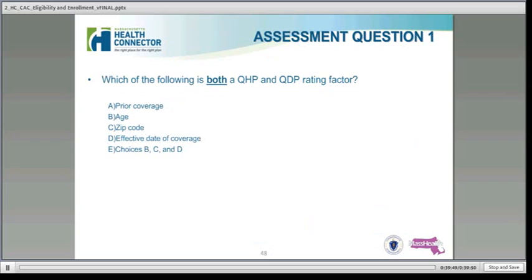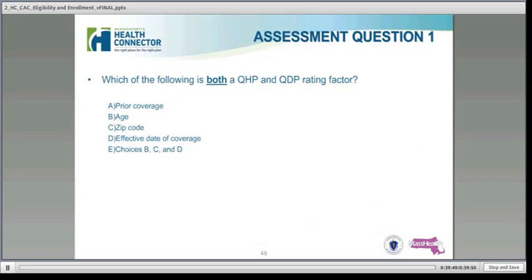But not to worry, we will be making everyone, like the navigators, the certified application counselors, all consumer support organizations, aware of when functionality is up and running. If any of you are familiar with when MMIS went live and all the information and the communications that went out, it will be similar, if not more vibrant, more robust.